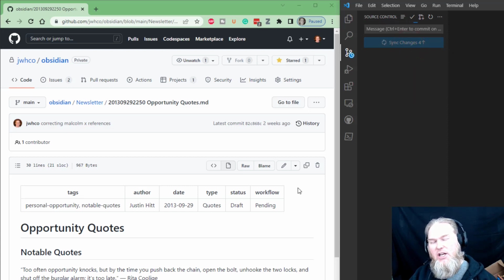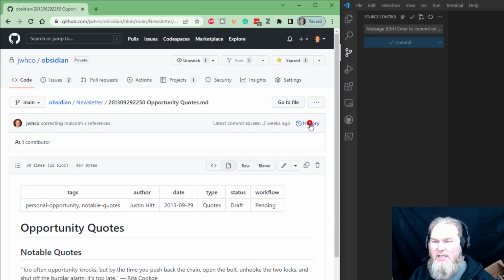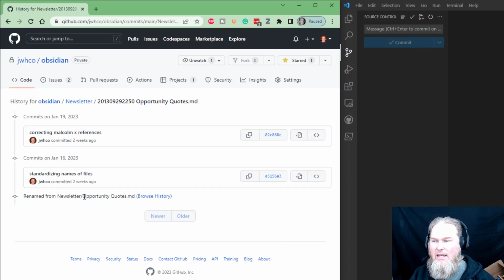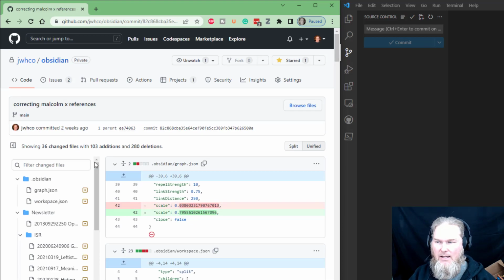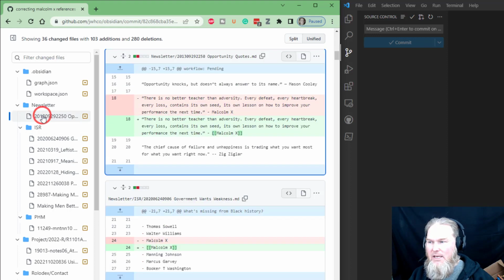It's sending these changes across the internet. They're all encrypted. They're being stored in a private repository. But what this gives me is a history. If something goes wrong in one of these files, I can go in and see what modifications were made. I was correcting a Malcolm X reference, and these are the actual changes. Now, some of these things are a little more detailed than you might need, but if I want to look in that batch of changes, I can come in here and click